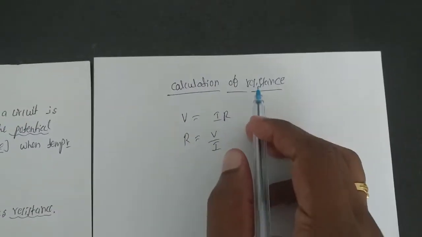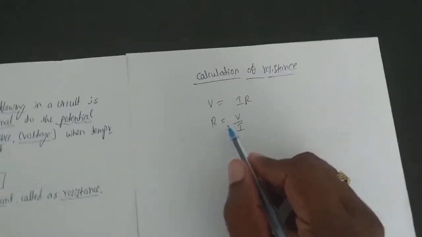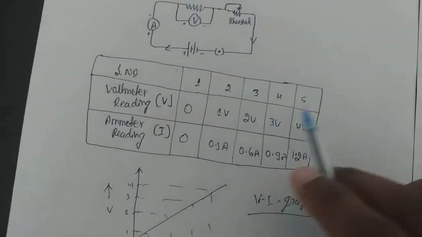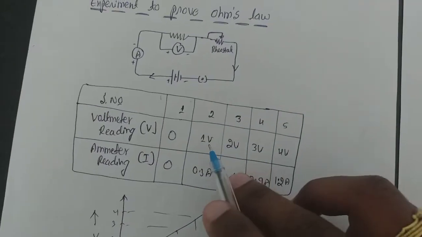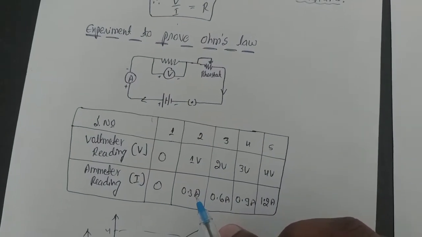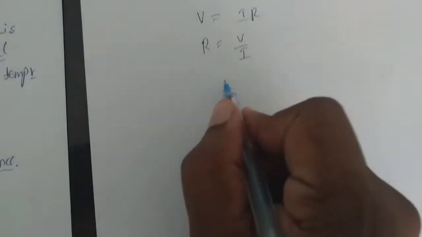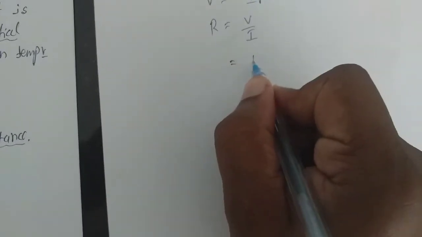We can also calculate the resistance here. We know the formula V equals IR. Then R will become V by I. We know V and I from this table. You can take any value. If you take 1 volt, then the current is 0.3 ampere. We will substitute the same here. The voltage is 1 volt and the current is